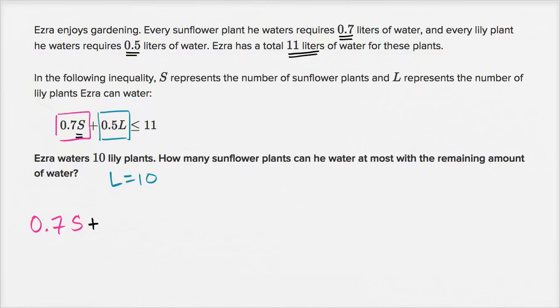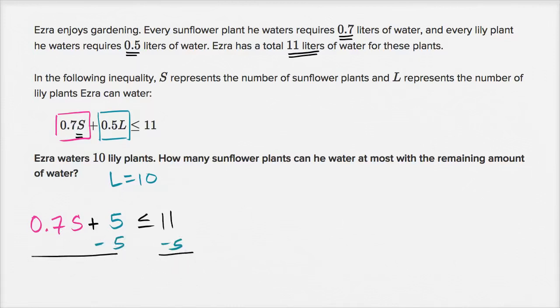So 0.5 times 10 is going to be 5. So he's going to use 5 liters watering the 10 lily plants, and this has to be less than or equal to 11. So we can try to isolate the S on the left-hand side. So let's do that, the number of sunflowers. So we could first subtract 5 from both sides. Subtract 5 from both sides, and we are going to be left with,